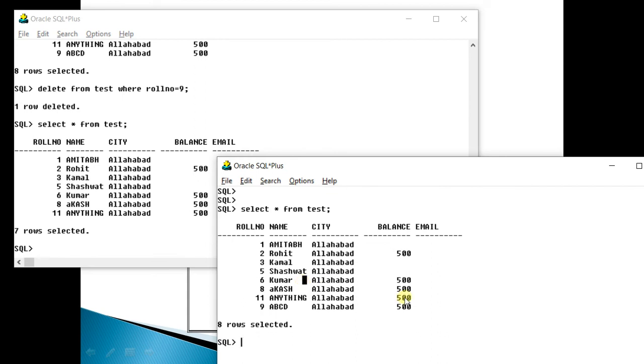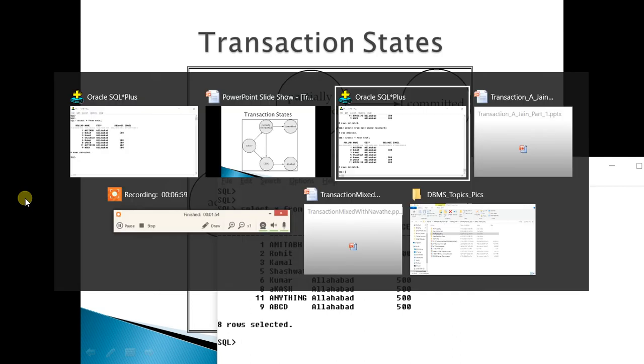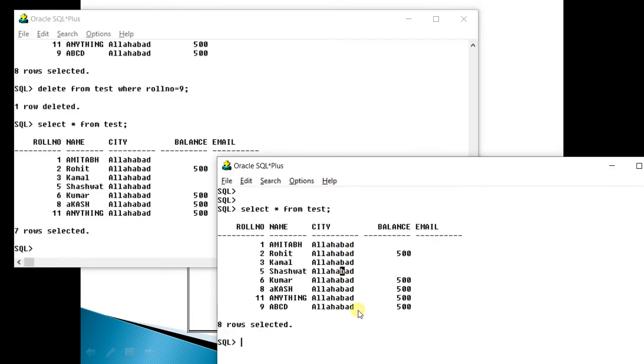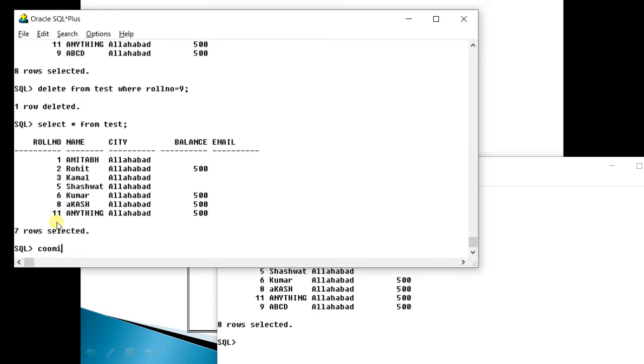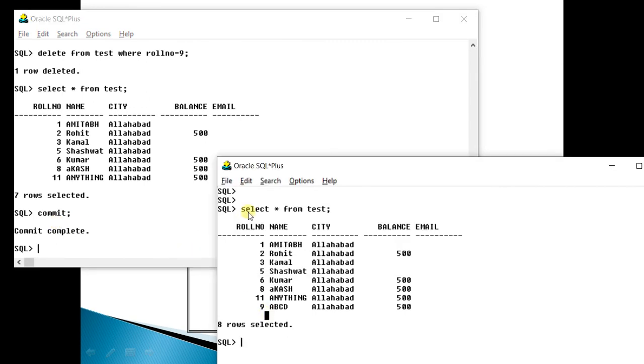So this is what this window shows. You can call it partially committed, but not 100% committed. You can call it waiting or whatever. Now suppose you type commit here, complete. Now you try to write this query again here.